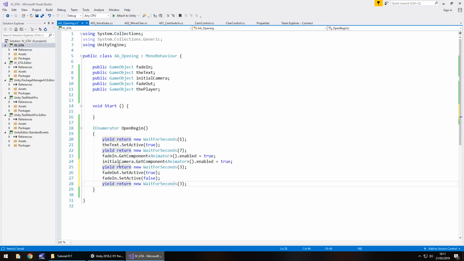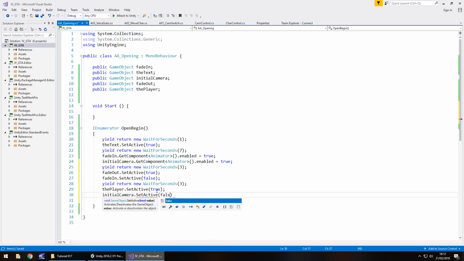And then after that, we'll have fadeIn.SetActive(true); But what we need to do is just before we actually set that fade in as on, we need to set our player on. So player.SetActive(true); And finally, we need to turn off that initial camera. So initialCamera.SetActive(false);